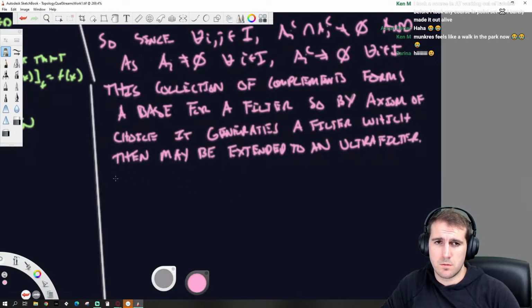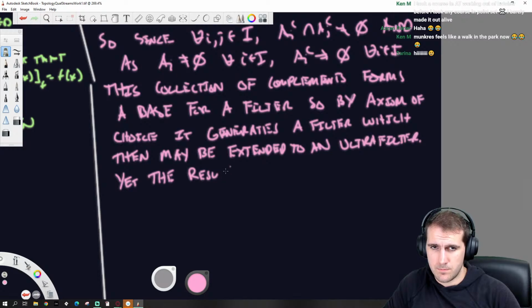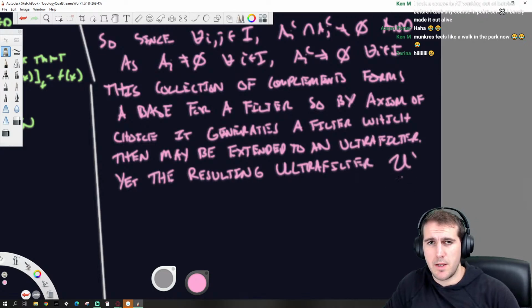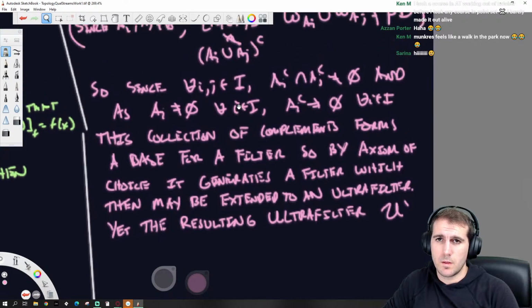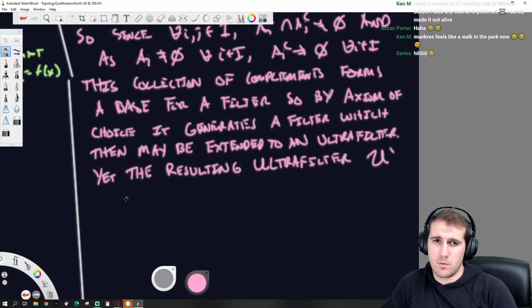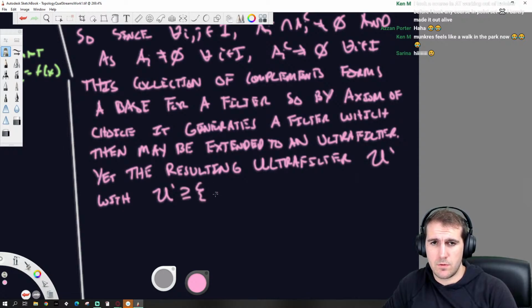Yet the resulting ultrafilter, which I'll call U prime, contains... U prime, a superset of A_i complement, such that the i with an i is not covered.